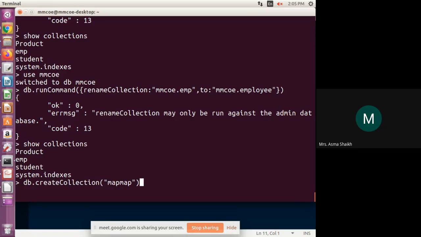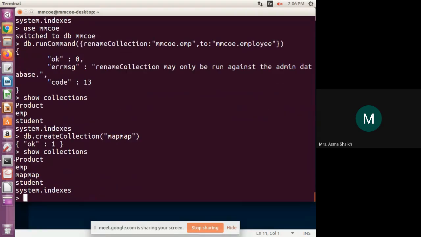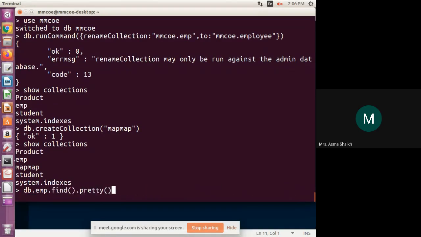Like we can write employee. Like that we are going to create employee. So instead of create table, we have create collection, and we are going to give it a name. So map is my name of a collection. So that is the query. Now I have to use show collections. So the collection is created whose name is map. One minute. I have run all these queries in the morning to show you.